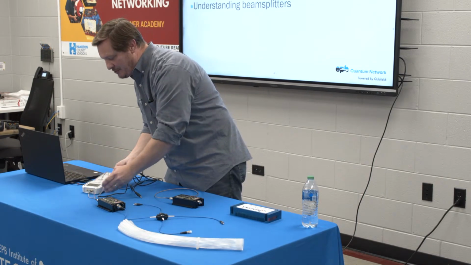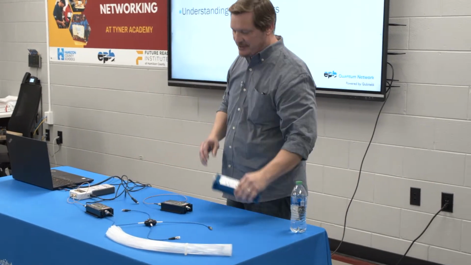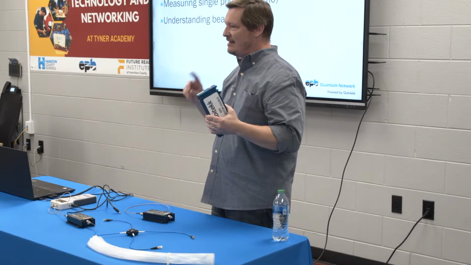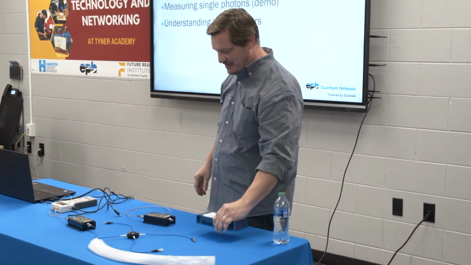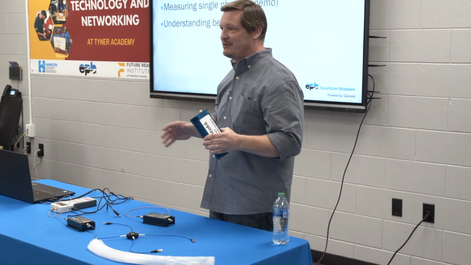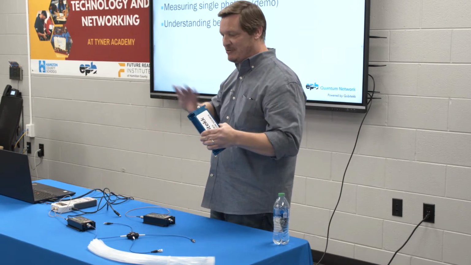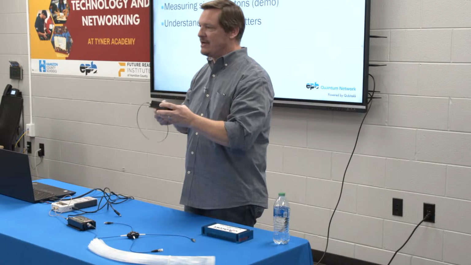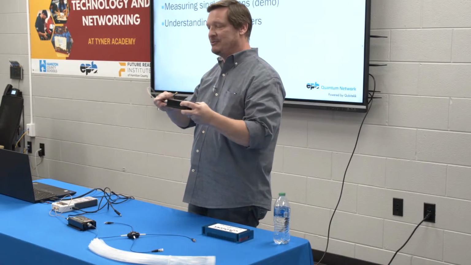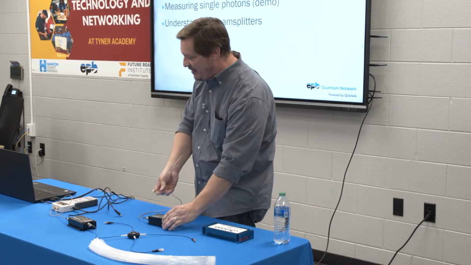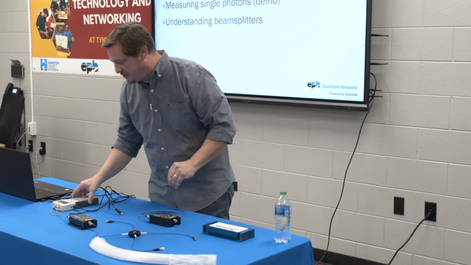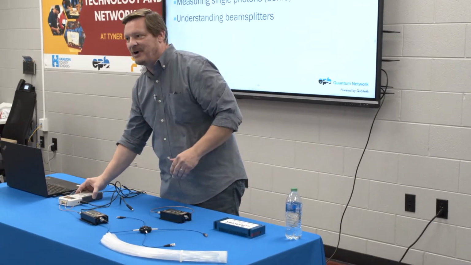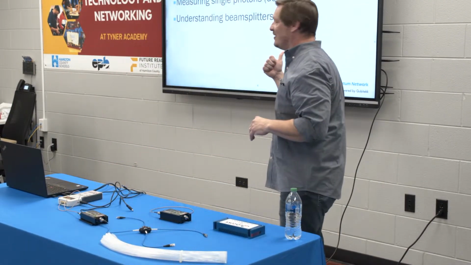So let me just go through that one more time. This guy produces the photons, not a lot, just a few. He kicks them out whenever he wants. They're not coming at any particular time. They're just randomly coming out of here. We're going to run them through some fiber to this guy that detects them and turns them into electrical pulses. And then we're going to run that into this counter that's going to count them up, and we're going to be able to see that on the screen.